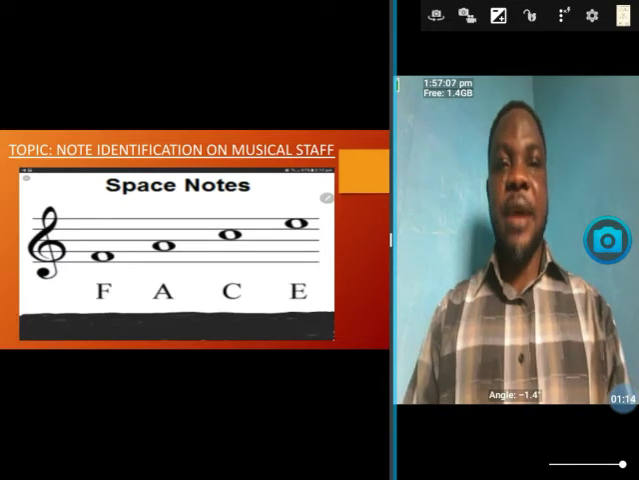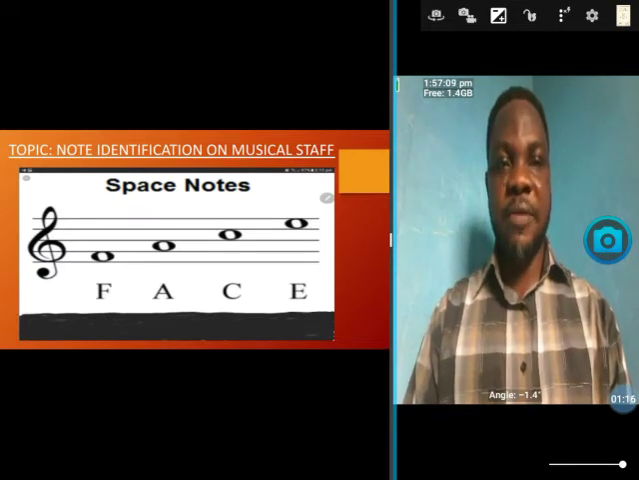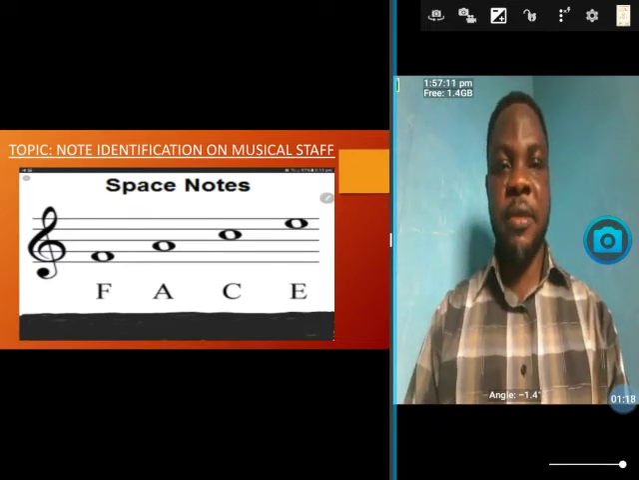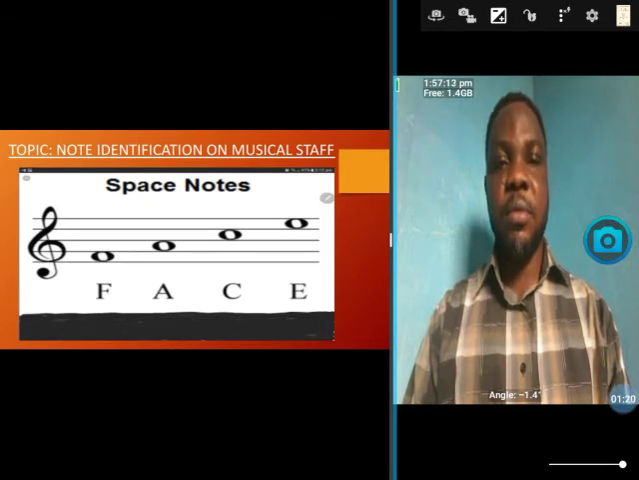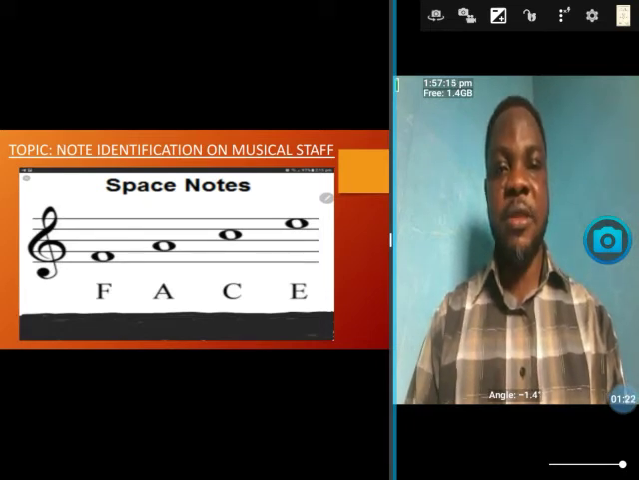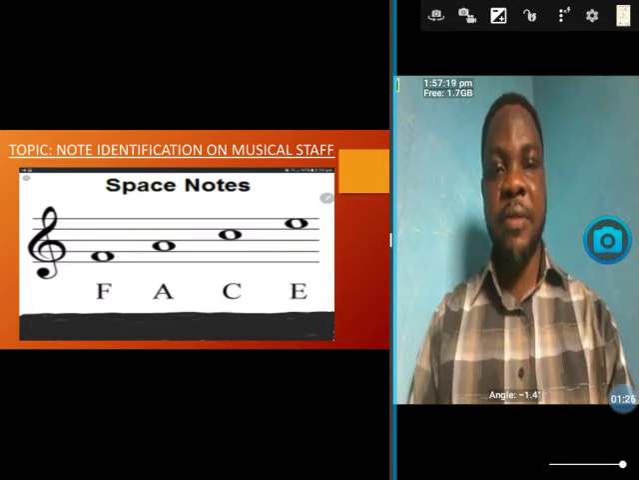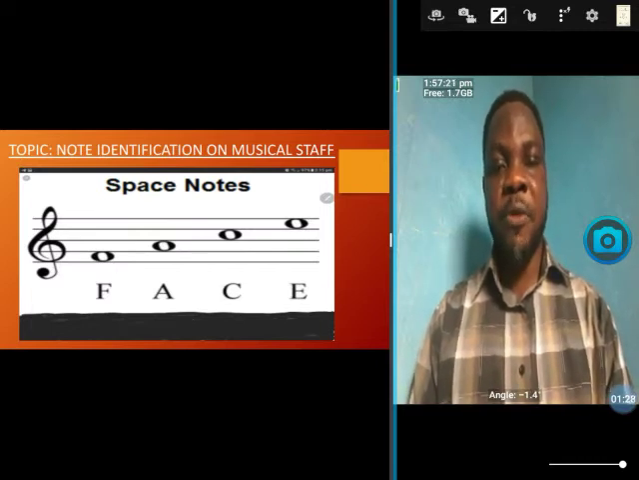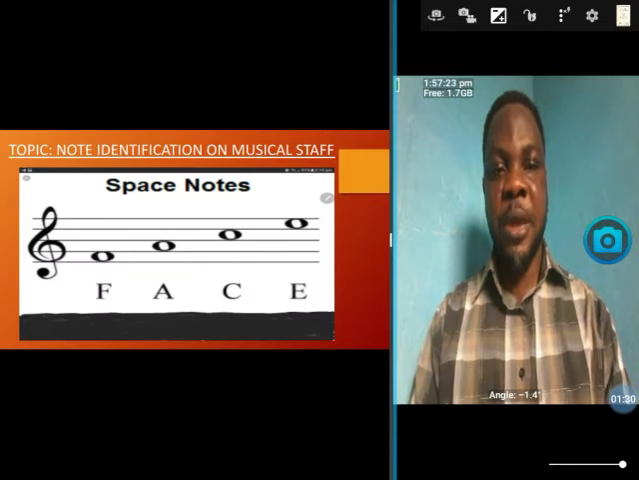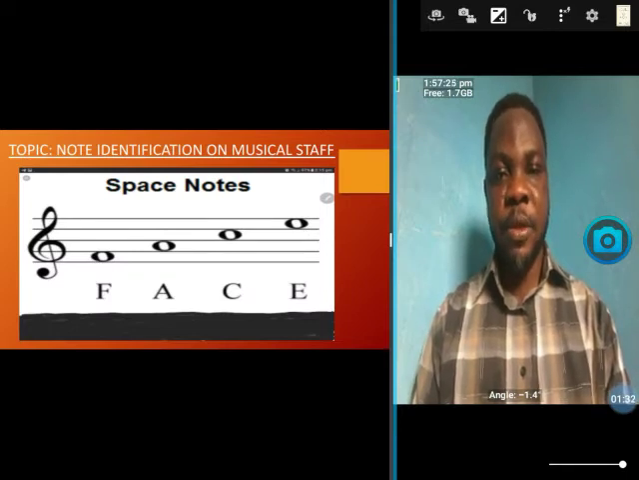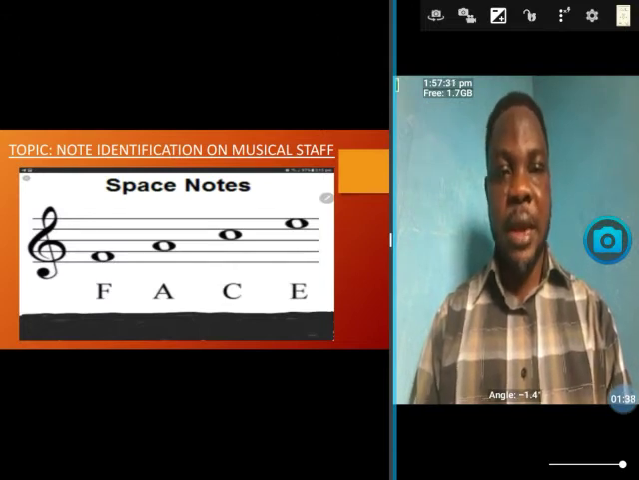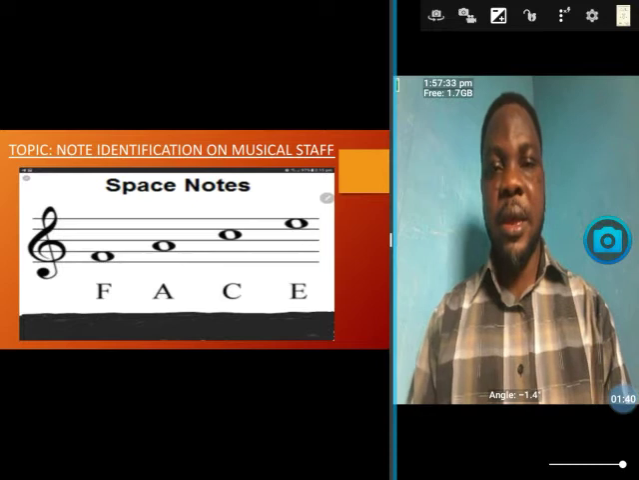Note identification on musical staff. Let us start with the spaces. Treble staff spaces. What are the letter names of the spaces of the treble staff? A staff is made up of 4 spaces, and look at this picture in the slide there. Look at the slide. You have the first space is F, second space A, the third space C, and the fourth space E. That gives you